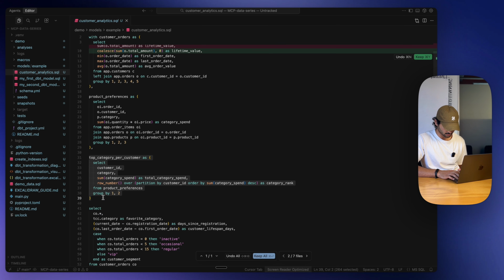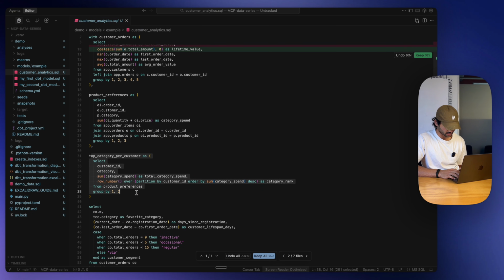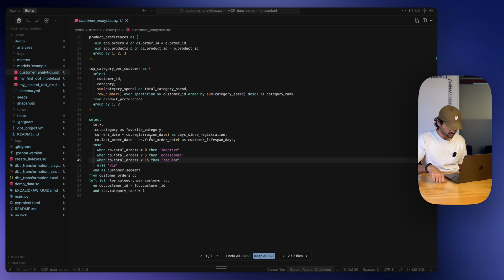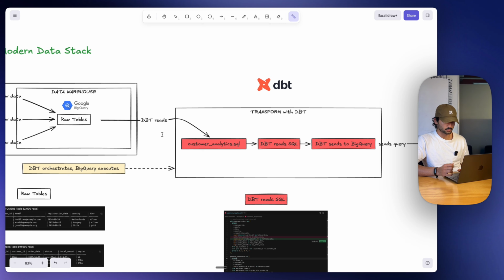And then we've got our third and final CTE, which is top category customer, and this ranks categories by total spending. And then finally, select here, this just combines everything. So it pulls from customer orders and it joins top category per customer to get a favorite category. Now, we save this as a